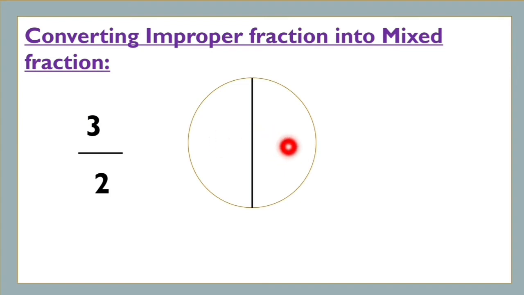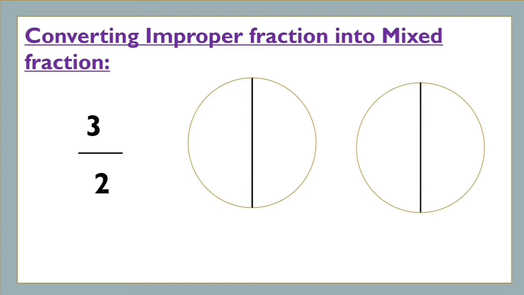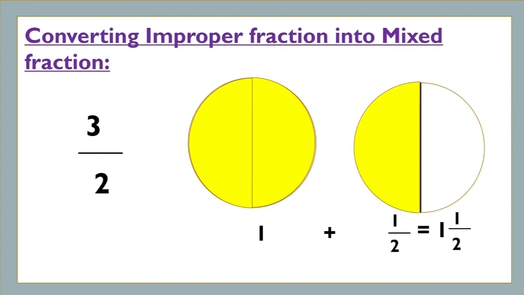But from here we get only 2 parts. So for another part, I am taking another circle and dividing that into two equal parts. And after that, out of these 4, we have to select 3. So 1, 2, 3. Okay. Now here observe that by taking these two parts, we get a whole. That means this is 1 plus, and here we get 1 by 2 part, half part. That is 1 by 2. So this is nothing but 1 by 2.